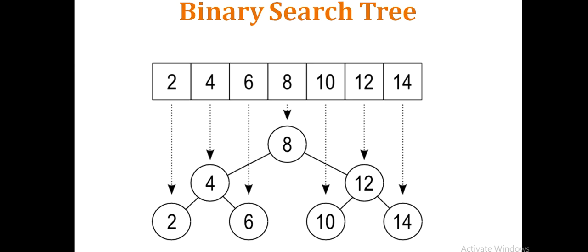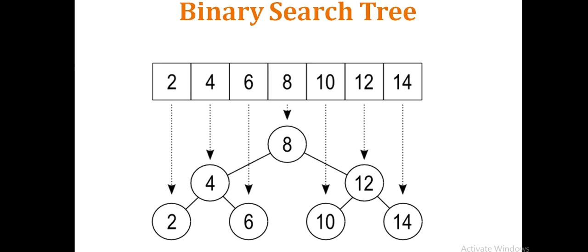But if the searching element is at the last part of the array, or it is the last element of the given array, then you have to traverse the whole array. In the sequential search we have to visit every part of that array, and then we find the element at the last position. All n elements need to be scanned. If we want to search for element 14, we have to visit every element like 2, 4, 6, 8, 10, 12, and at the end we get our element. So here it gives the worst case scenario, with complexity of big O of n.